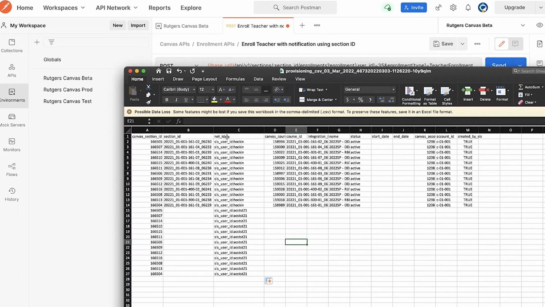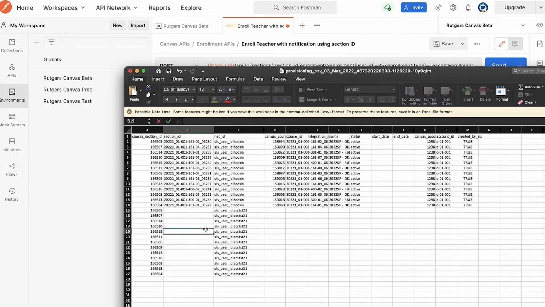All right, let's go back into Postman. We are using the Canvas section ID and the net_id as our variables in our spreadsheets. We are not using the section ID. I could change it to section_course_id: if I knew the format for all of my courses. But I'm pulling this from my report and everything's just right there in my provisioning report. Okay, so let's not edit this data right here